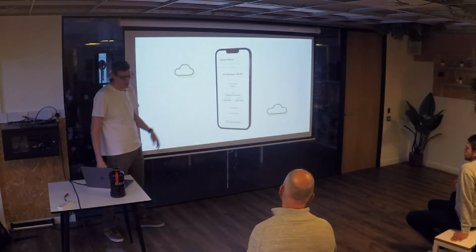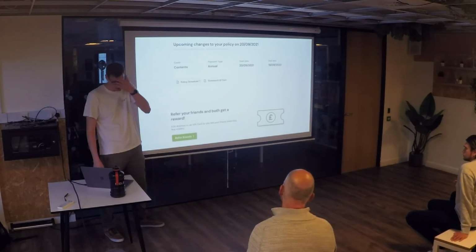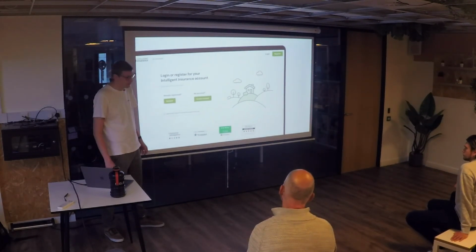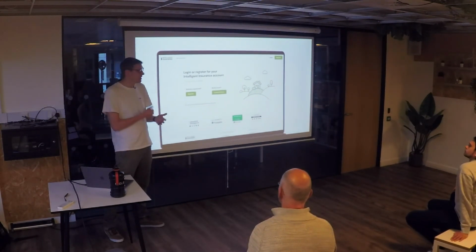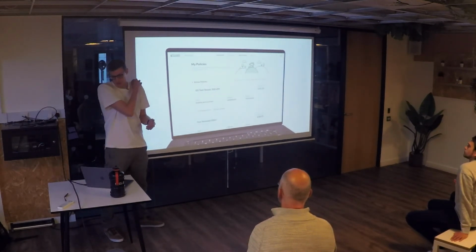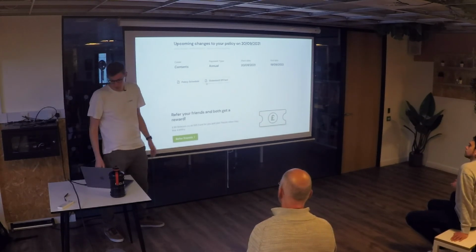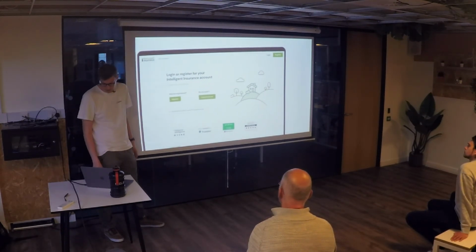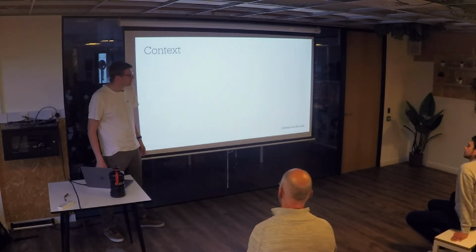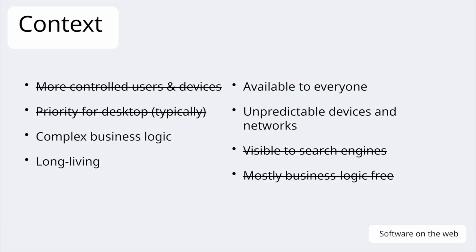Another example could be Asana or Jira, customer dashboards. And for this sort of stuff, you need resilience, you need maintainability, you need security, you need performance, like all of those customer needs. There's a bit of a blend of both. I'll touch on that a bit more later. So for these software on the web projects,